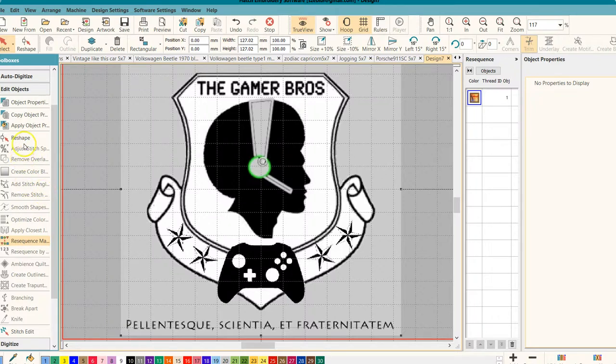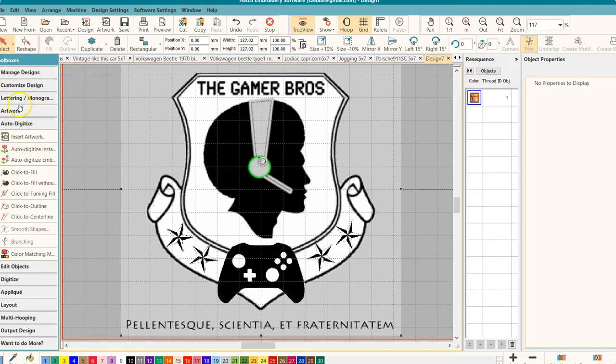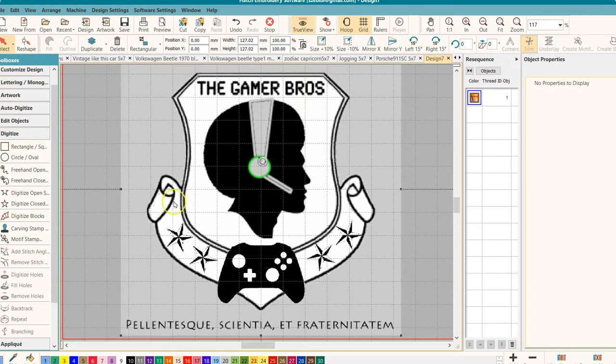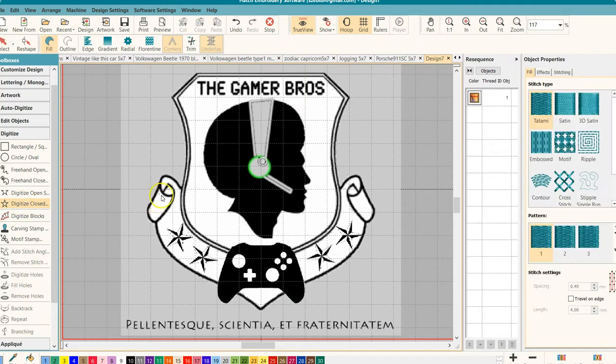Now you first, sorry, not how to digitize, digitize. You first digitize the white. Digitize closed shape. I start here and I follow this from the outside